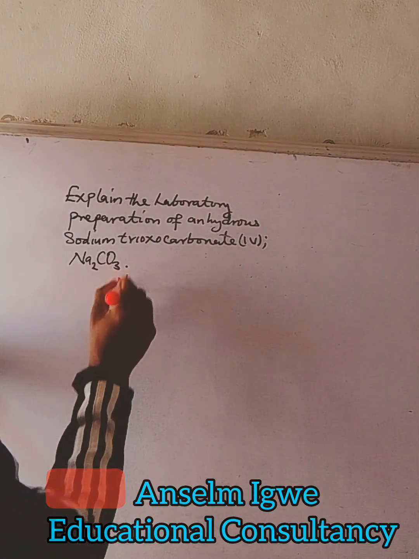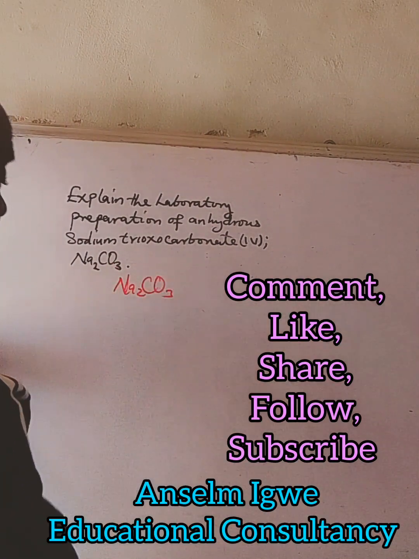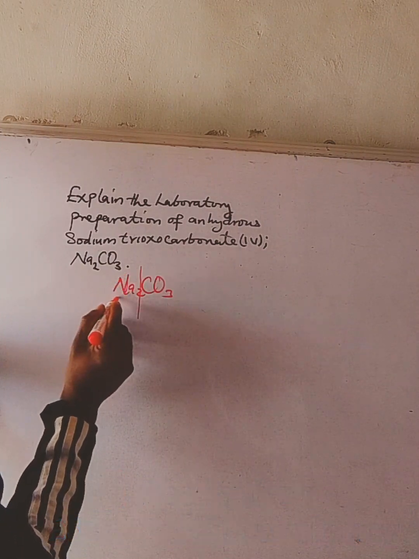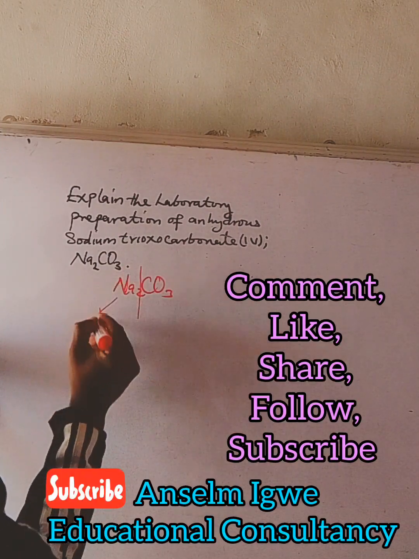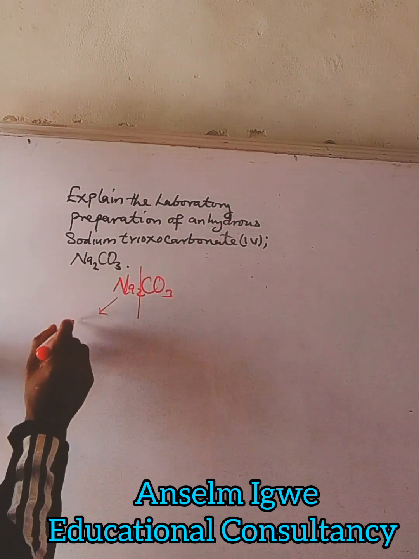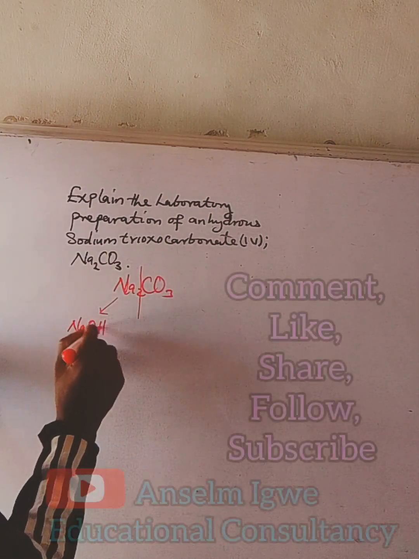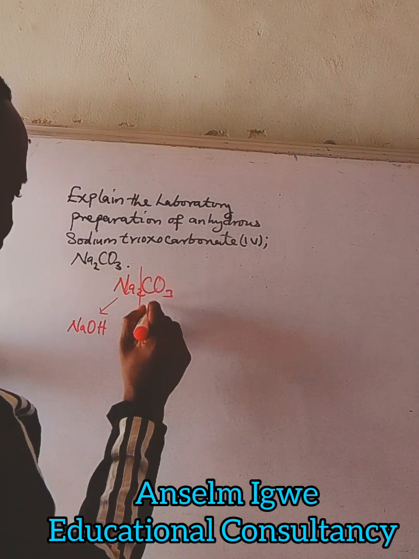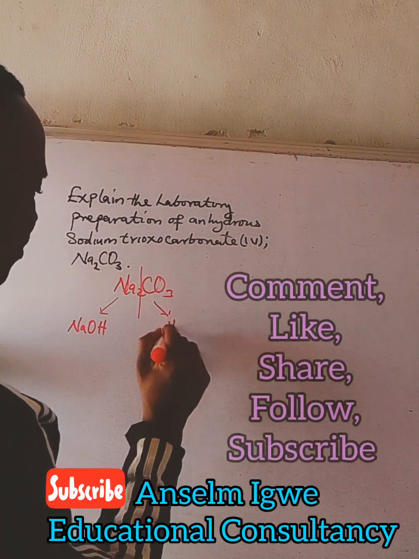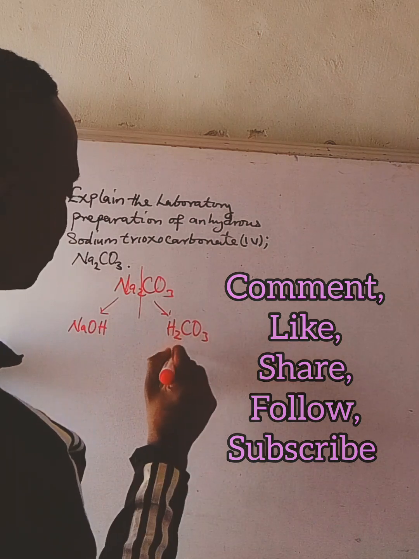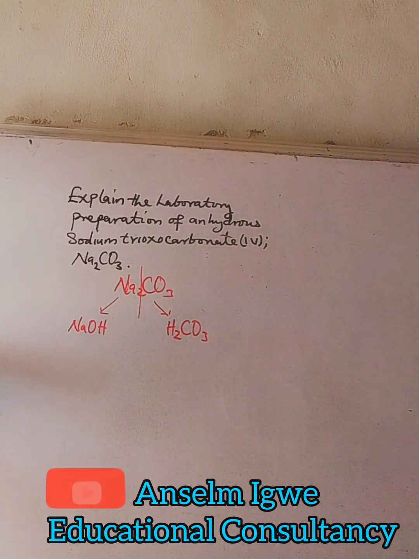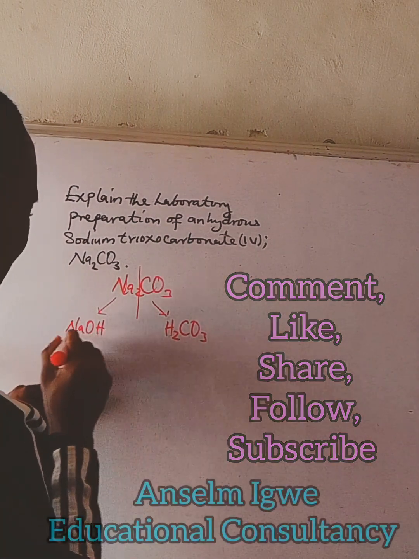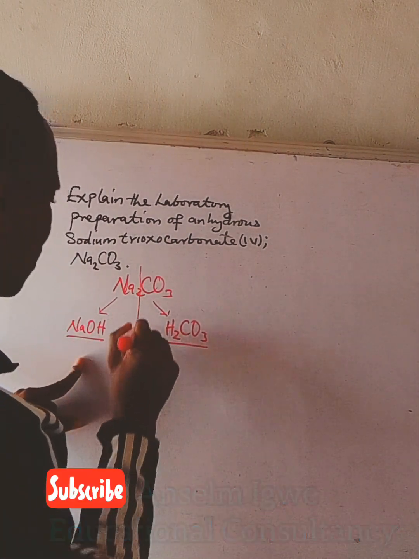The salt Na2CO3, if you split it into ions, you see that the metallic ion that came from the base that formed this salt actually came from NaOH, sodium hydroxide. And the acid radical, carbonate ion, actually came from H2CO3, which is carbonic acid. Which means it is logical to say that when you combine this base and this acid, you will get the